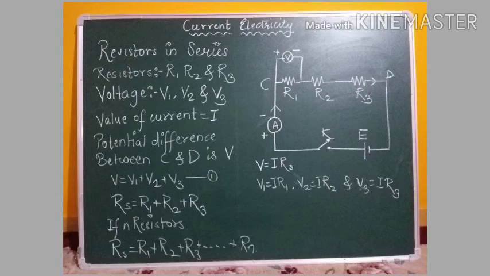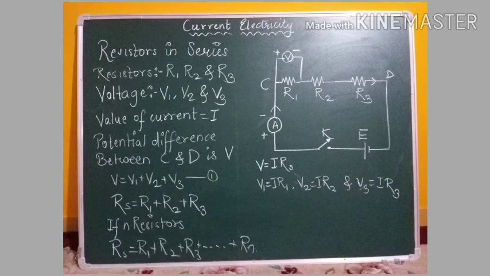Now here, the value of current is given by I. Resistors are given by R1, R2 and R3, whereas voltage is given by V1, V2 and V3. The sum of V1, V2 and V3 is equal to the voltage V, as the same current is carried throughout the process. Now here the potential difference between C and D is given by V, that is V equals V1 plus V2 plus V3,